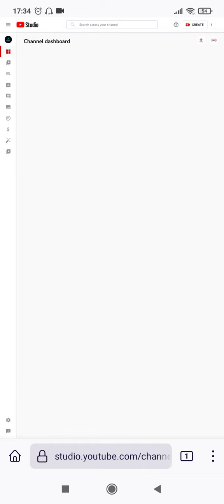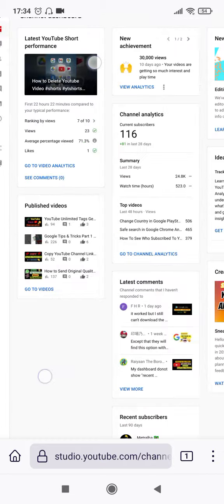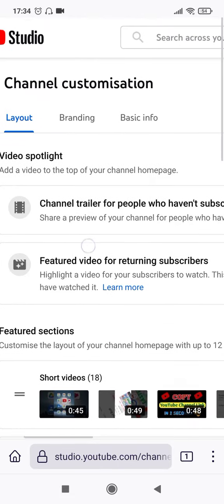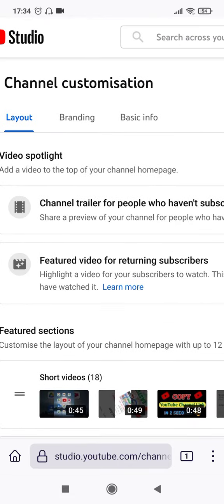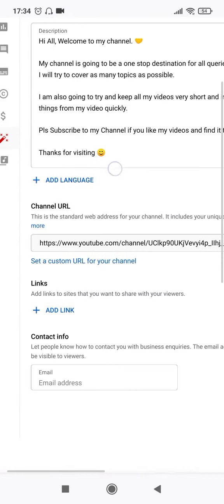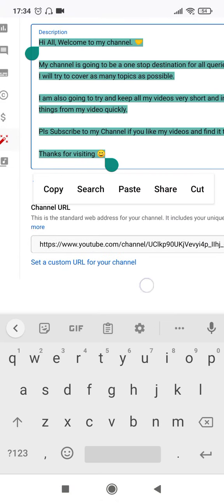This will display a lot of options on the left side over here. If you can see, zoom in a bit and click on the second last option at the left side here, which is customization. Now you will see three options here: layout, branding and basic info. Click on basic info. If you go down, you can see the channel URL is displayed over here,